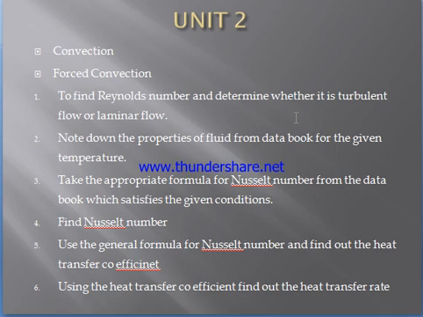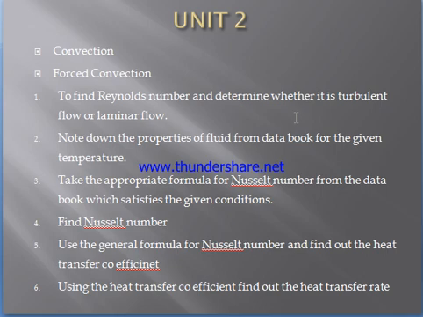What is the formula to find the velocity if the mass flow rate is given? That is m = rho A v. Rho is the density of the fluid, A is the area of cross section, and v is the velocity. If mass flow rate is given, we can find out the velocity, and if velocity is given, we can find out the mass flow rate, vice versa. But the important point which we have to take care of is, in this formula m = rho A v, the area given is the cross sectional area. That is, for a cylindrical section, we have to take it as pi by 4 d square and not pi d l, in the mass flow rate formula.